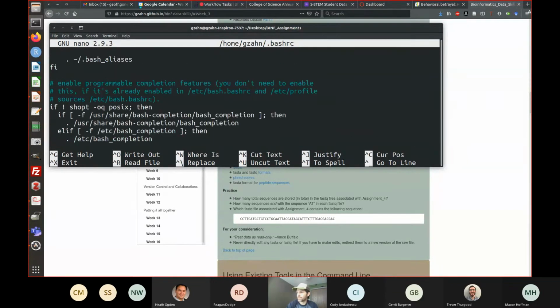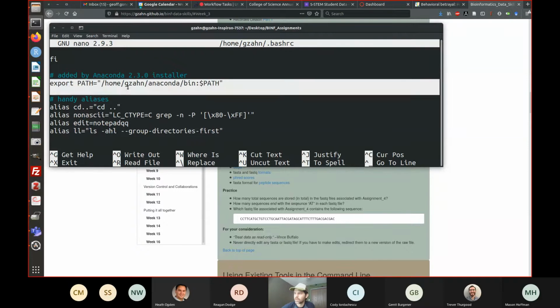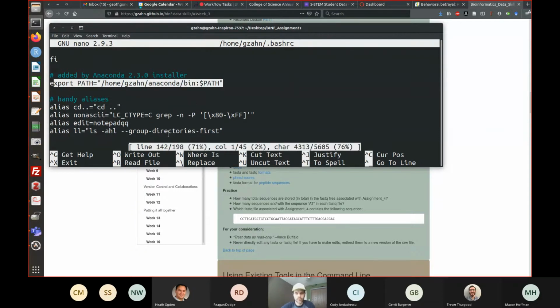Aliases. There we go. Okay, so in my .bashrc file, I've got this little line here, and I'll copy and paste it for you just as an example. So that little code snippet I put in our chat